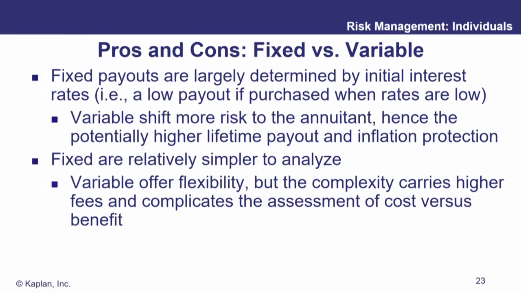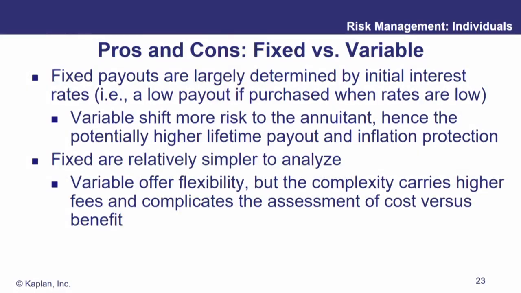The fixed policy is also very much tied to interest rates. Think about it. The insurance company receives your premium once initially, has to invest it to pay for your remaining life. Well, they're probably going to look at the bond market. What rate of return can they get when they initially receive the premium? So if you buy a fixed annuity when interest rates are low, the annuity payment to you is probably going to be low. If you buy a fixed annuity when interest rates are high, the payout is likely to be higher. So the initial level of interest rates is probably going to have a significant effect on the payment you would receive on a fixed annuity.